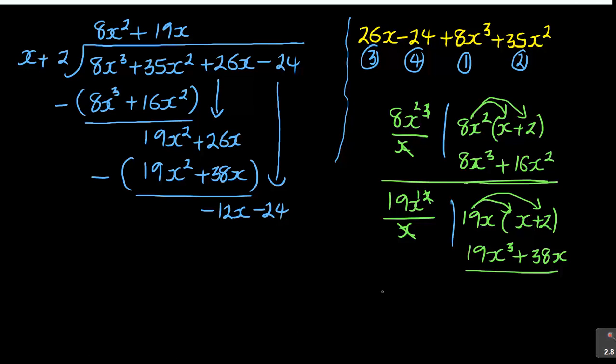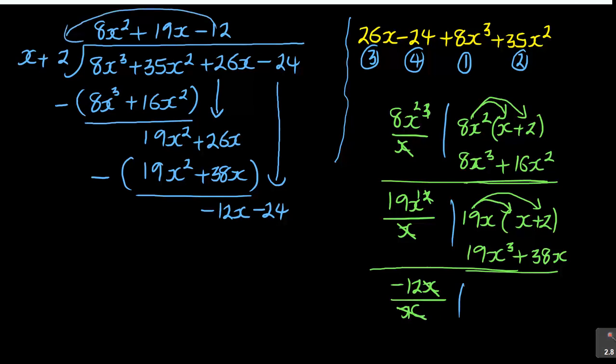So what I have is, take this off, it's x into minus 12x. So I've got negative 12x. I divide by x. So this time the x cancels. No x remains, it is minus 12, and then when I do that, I write that minus 12. Then the minus 12 multiplies everything there. So it will be, in this case, minus 12 times x plus 2.